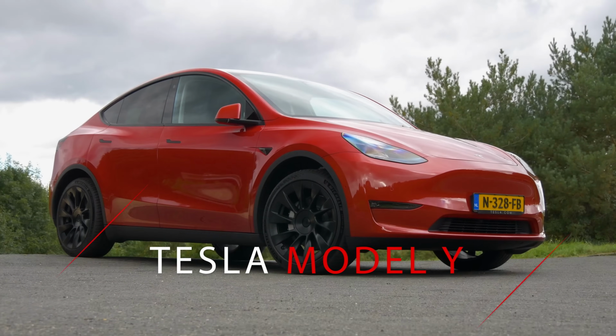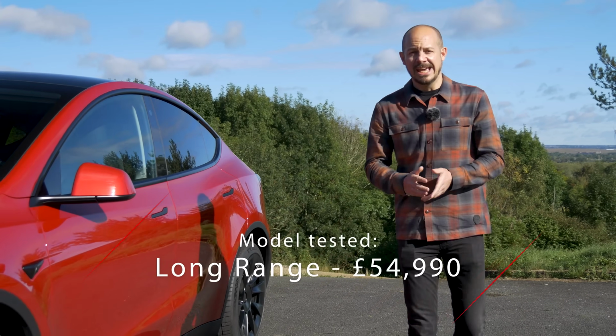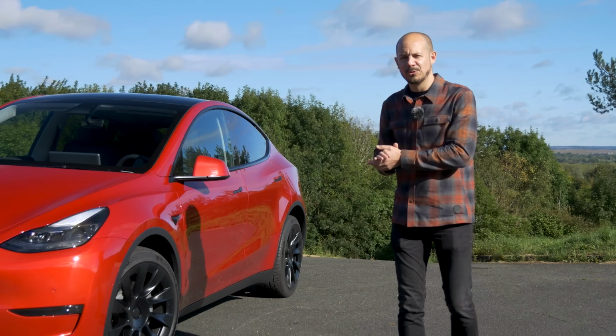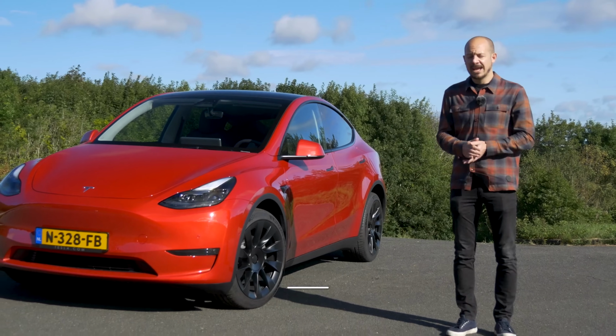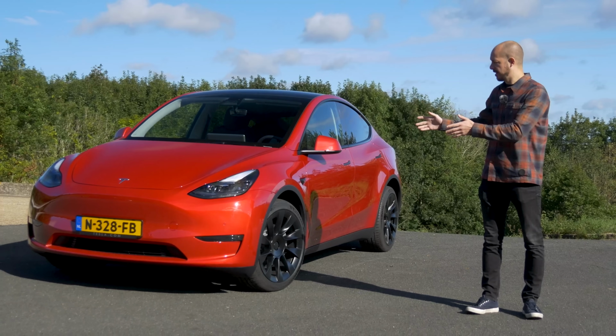This is the Tesla Model Y, and it's finally arriving here in the UK. It's been on sale in the US for about 18 months, but at last you can order one here. And if you do that, you should get yours pretty early next year. In this video, we're going to be finding out everything you could possibly want to know about this car, including